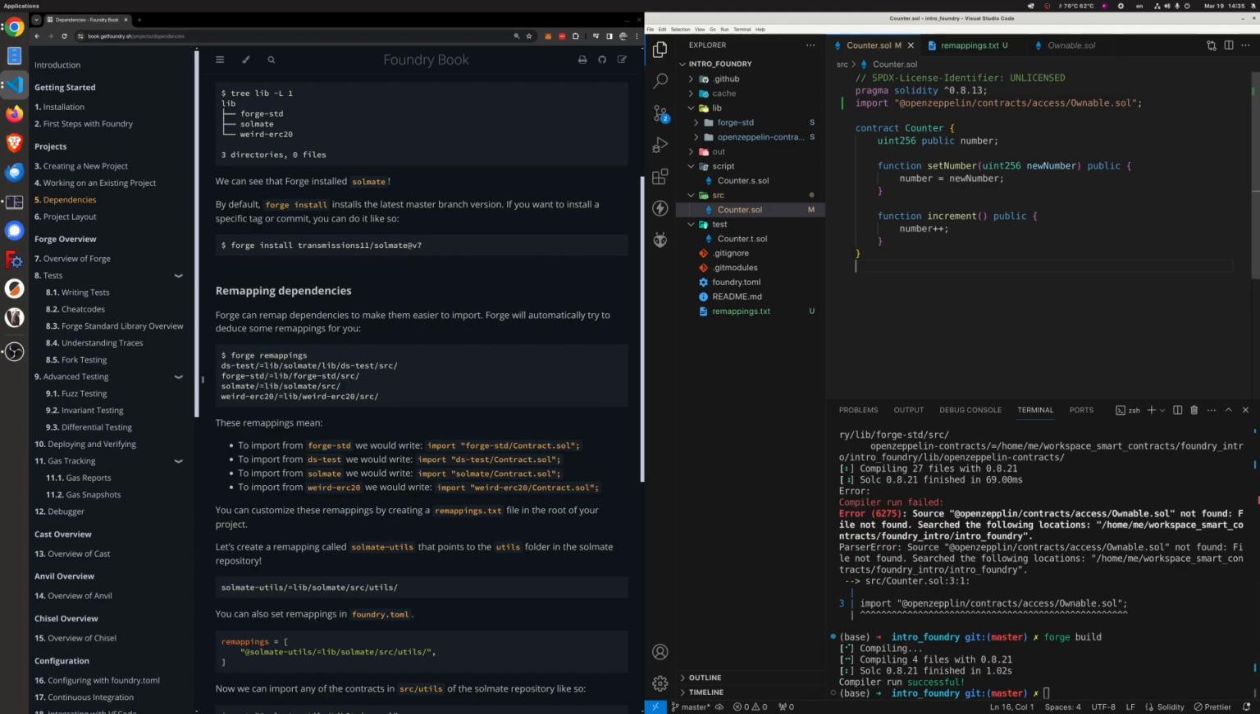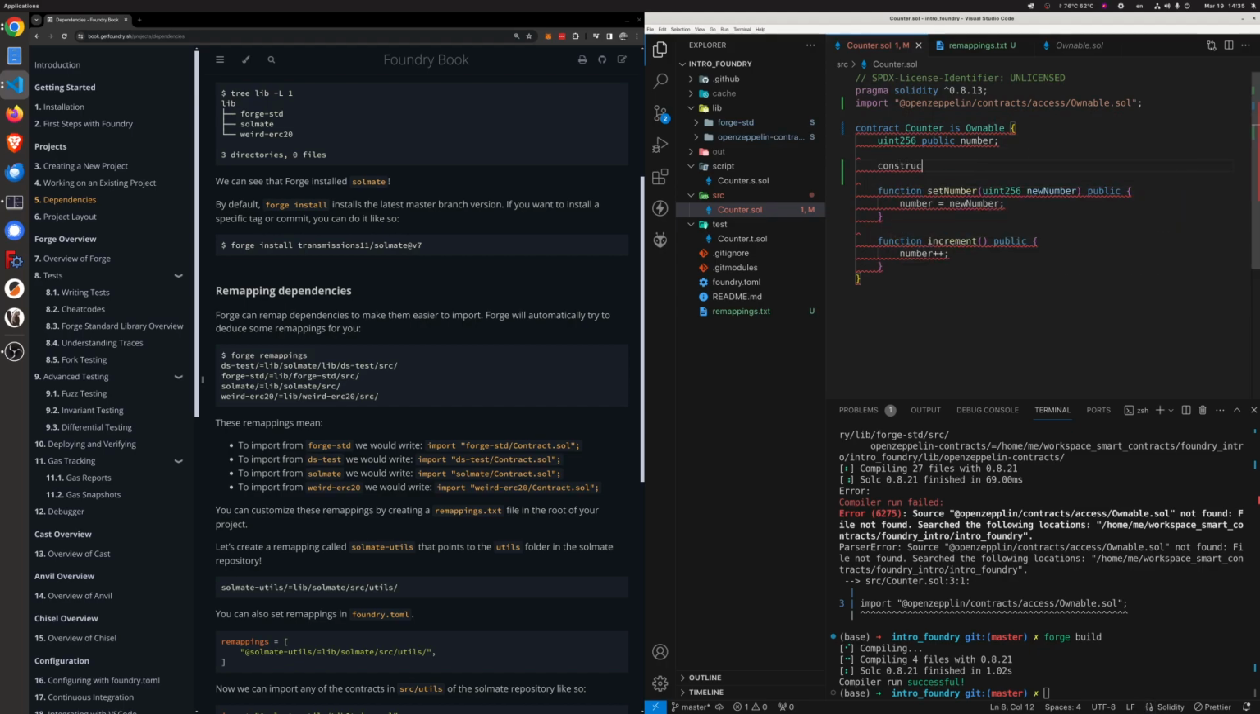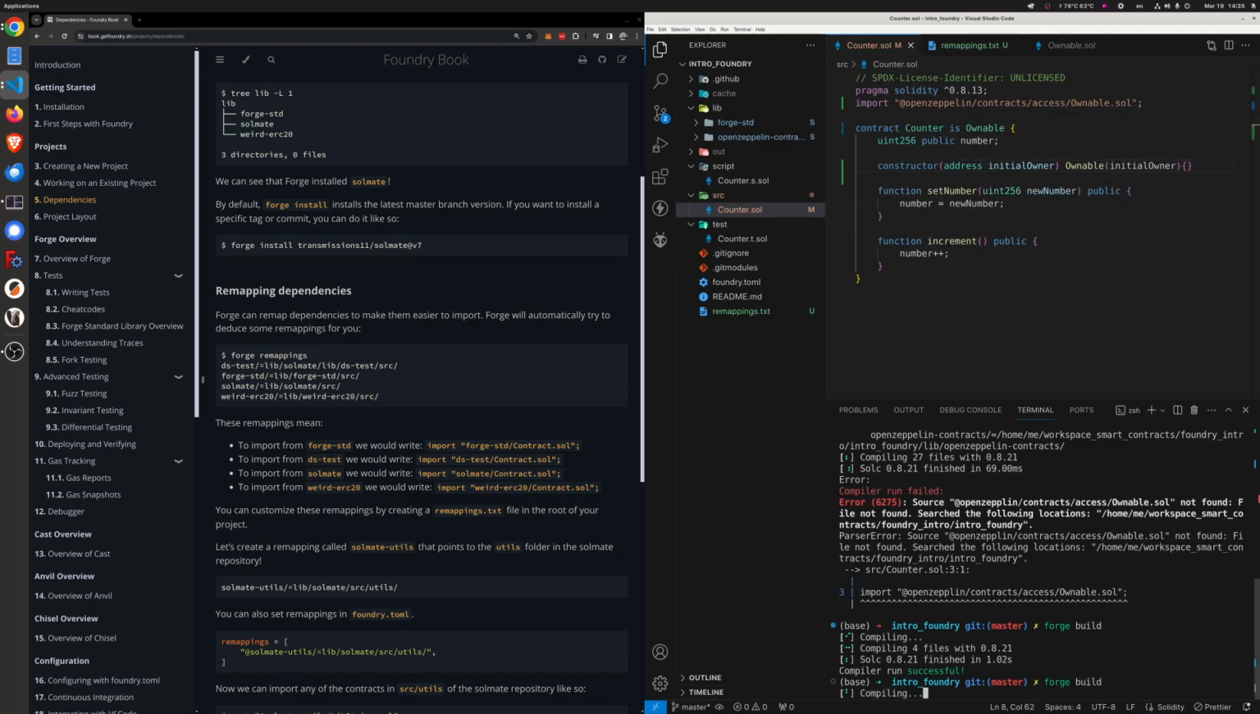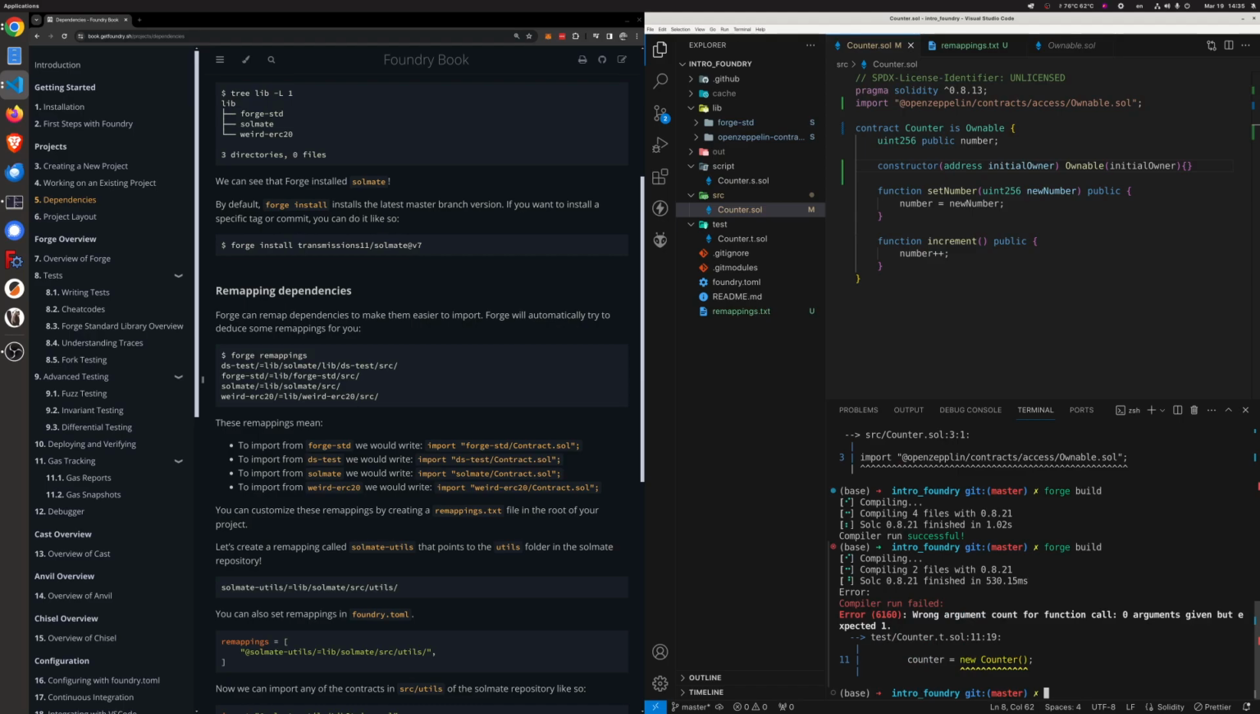Okay, so now that we have seen how we import it, I'm going to transform this contract to be Ownable. And Ownable requires a constructor with an initial owner, like this. Now if we run forge build, we will get an error because